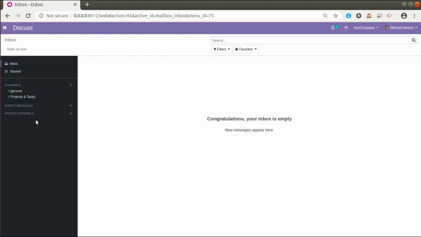So let's see. Currently on the screen you are seeing Odoo version 12 community edition, and the ORM methods are common in all Odoo versions. In the latest version there are a few more ORM methods like create multi, etc. So we will be discussing based on Odoo 12, and it will be applicable for all the Odoo versions. So let's start with the search method.